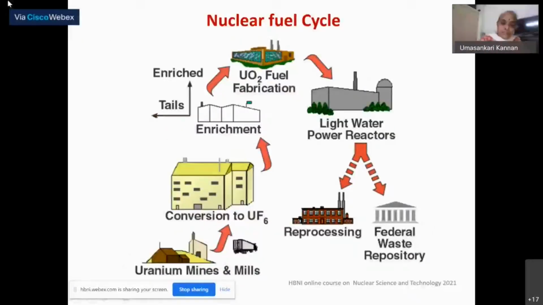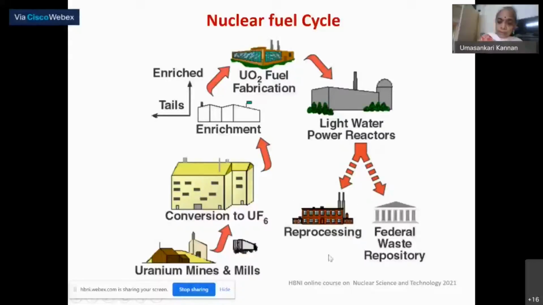First, let us look at the fuel cycle. For example, if you have an ore, you need to fabricate the fuel. The fuel goes from the uranium mines through mining and milling. It gets converted to uranium hexafluoride. Then it goes to the enrichment plant where it gets enriched, or even if it is natural uranium oxide, it goes to the light water reactors or power reactors, light water or heavy water, and then after the fuel is utilized in these reactors, it is discharged, and after it is discharged, it is reprocessed.